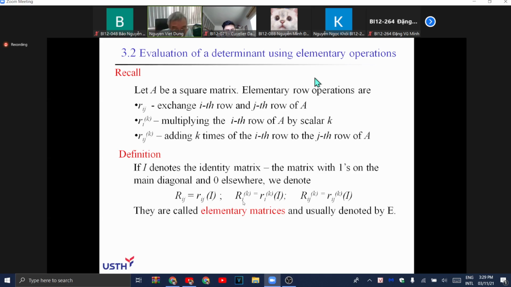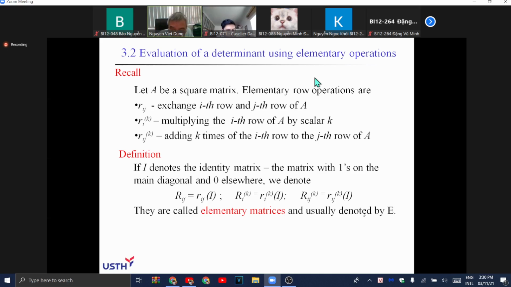The second one means we apply the small Ri to the power k to the identity. And the last one, the capital Rij to the power k, means we apply the small operation Rij to the power k on the identity. And those three matrices